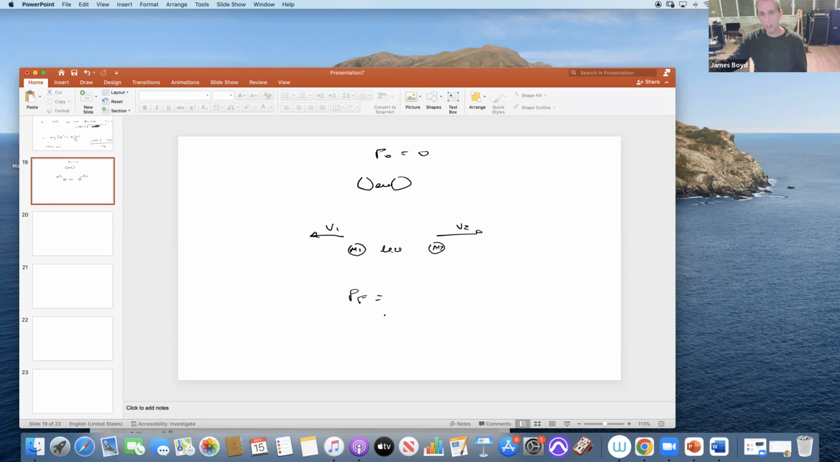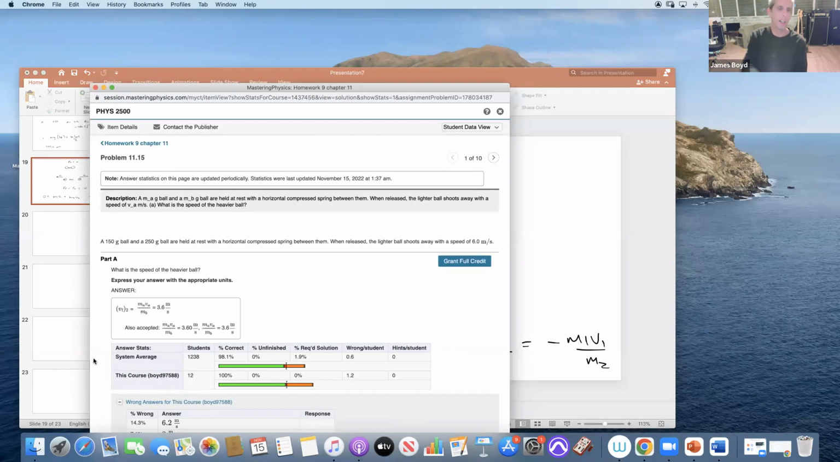And P final, by conservation of momentum, needs to be equal to 0 as well. Therefore, 0 has to equal M1 V1 plus M2 V2. Or V2, if I move it over, is equal to negative M1 V1 over M2. All right. So M1 is 150 grams, divide that by 250 grams, and then multiply that by 6, and I get 3.6. Speed is magnitude, so it would be negative 3.6, but